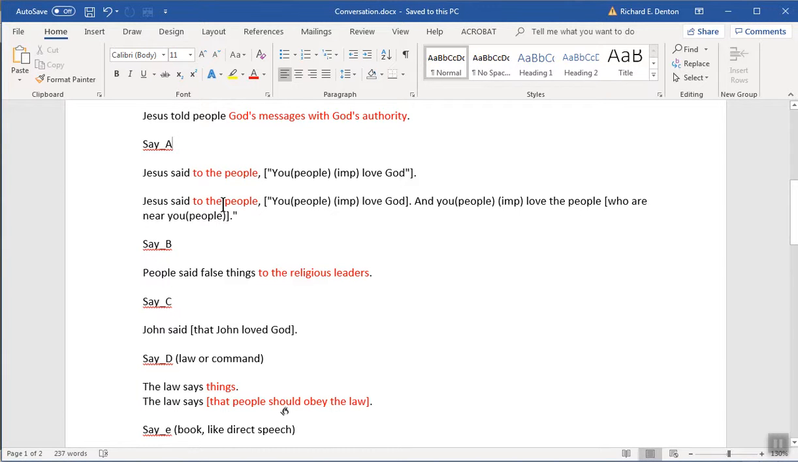So here's an example with multiple sentences. Jesus said to the people, left bracket, open quote, you people (imperative) love God, right bracket, period, and you love the people who are near you. So this is a way of expressing neighbors, you can see. And as I said,